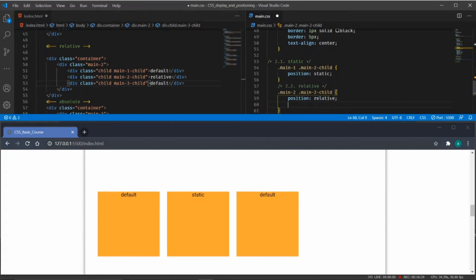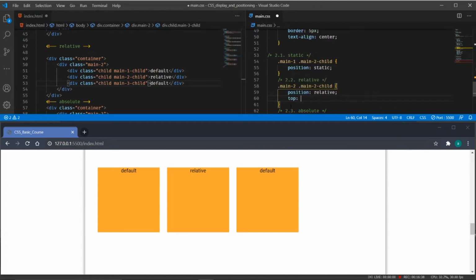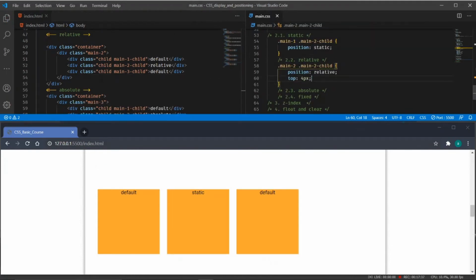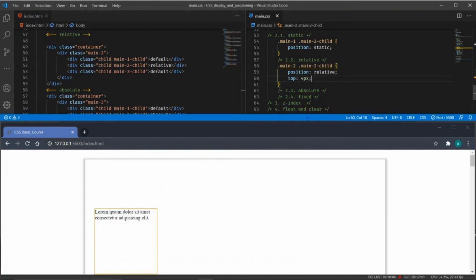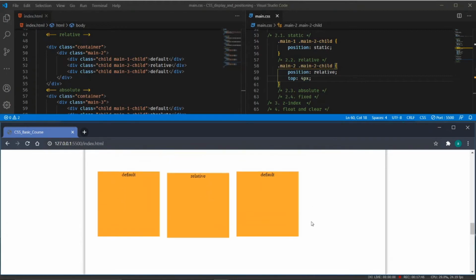I have added the relative property, and I want this particular middle container to be shifted from the top by around 4%, let's say 4%. So after saving it, when we check on a browser, yeah, as you can see, this particular div has been shifted downward by 4 pixels. We can just increase this value, or we will do one thing, we will add the left property